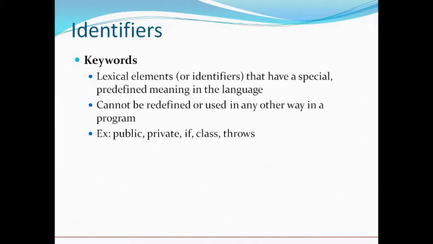Actually, identifiers comprise keywords, constants, and things that are provided by the language. Okay, and what we also add into that particular language, like our variable names and things like that. Now, what are keywords? Keywords are those words that are specified by the programming language in order to be able to run.